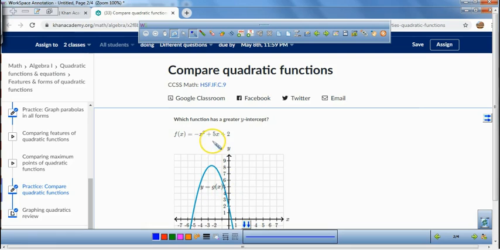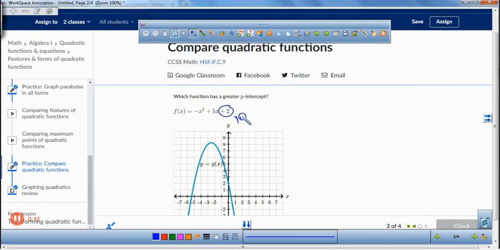Right now it says which function has the greater y-intercept. Well, that's in standard form, f of x. The answer would be 2. That's the y-intercept for f of x. And it looks like the y-intercept for g of x would also be at a 2. Yeah, that's where g of x actually hits the